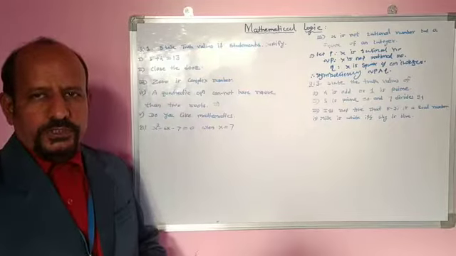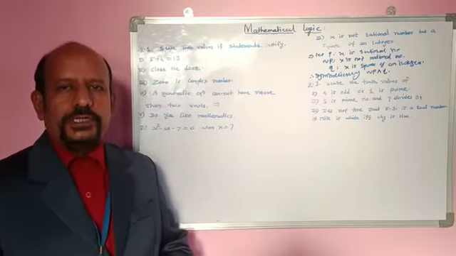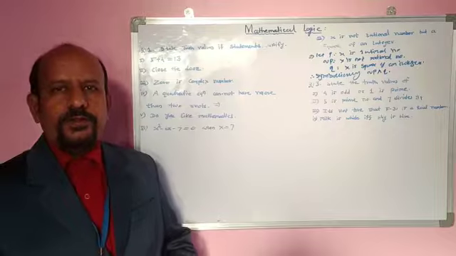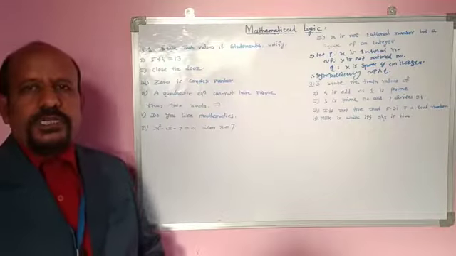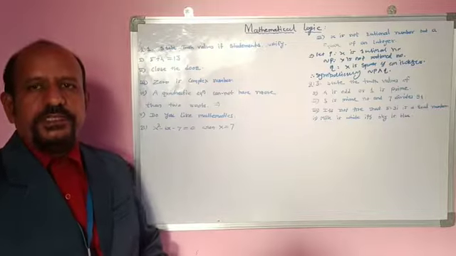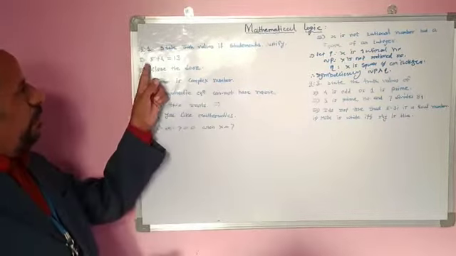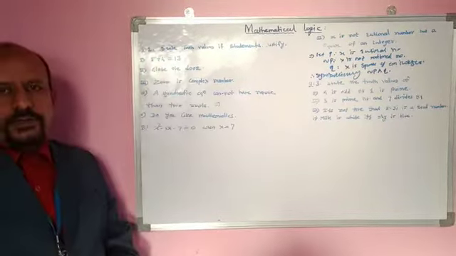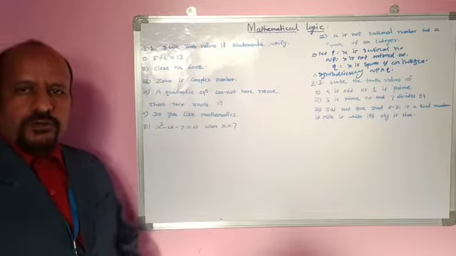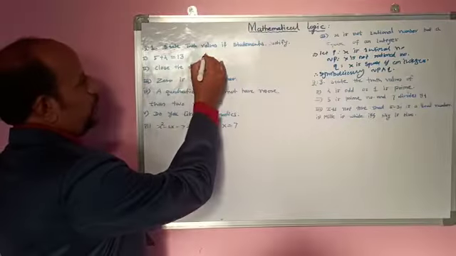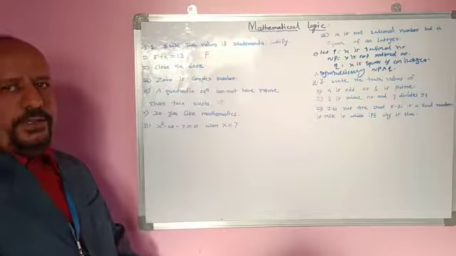Good afternoon, students. Today we study exercise 1.1. The question is to state the truth values of the statements, and if it is a statement then justify. 5 plus 4 equal to 13. It is a statement, but we know that 5 plus 4 is not equal to 13. Therefore, its truth value is capital F.